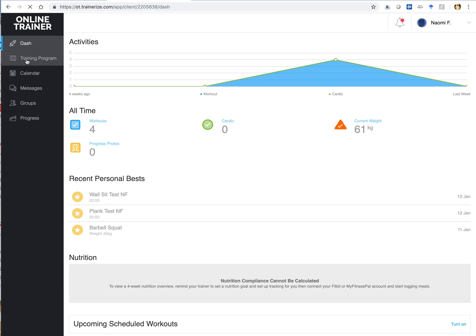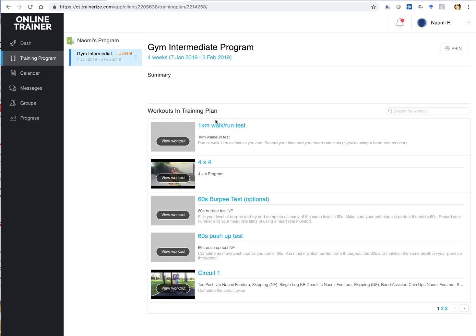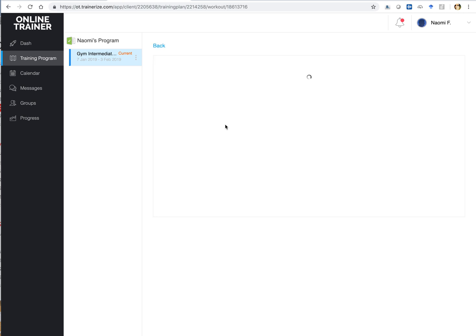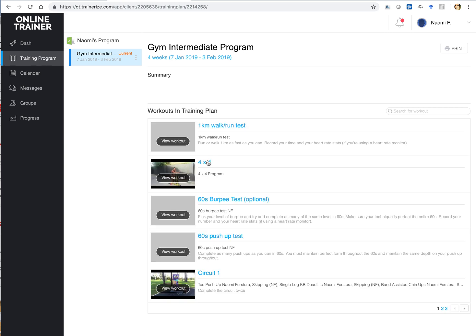So if we click on the training program, it'll bring up the actual program you're doing. Now, if you click on the light blue area, that will actually take you to the exercise or the workout. This is the 1 kilometer walk run test, and please make sure you read up here and make sure that you read any instructions. So the walk run test is pretty straightforward,